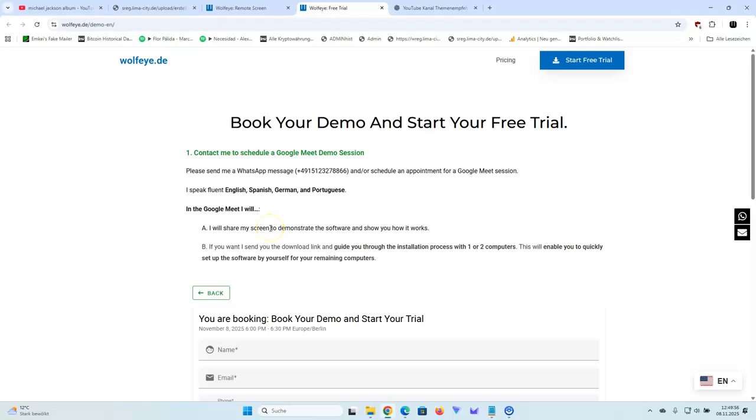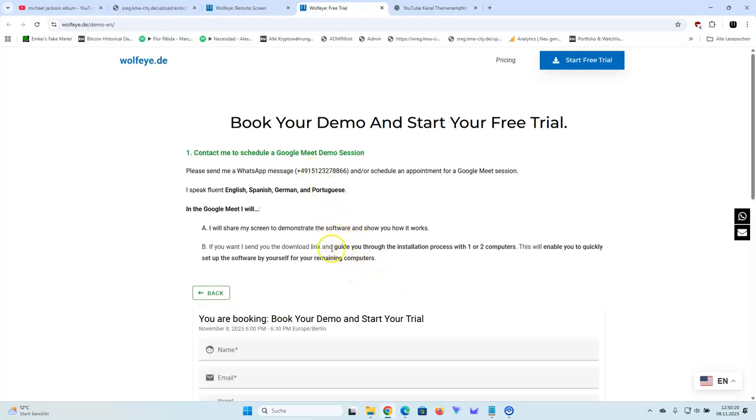What will happen on that demo session? The first thing is I will make a quick demo of Wolfeye on my computer. It's already installed, and I give you access to my dashboard. You will see it in action, so to speak, you will see my live screen. Maybe we will talk on WhatsApp and you will see what we write live, so that you know